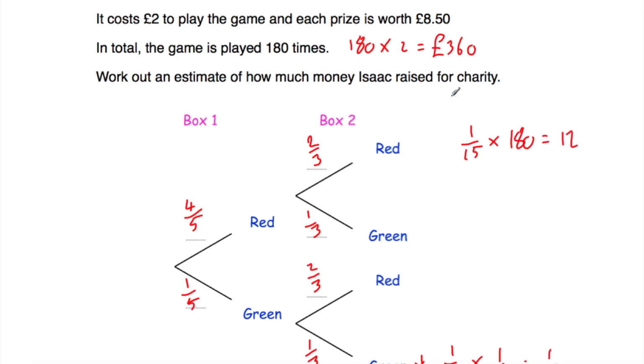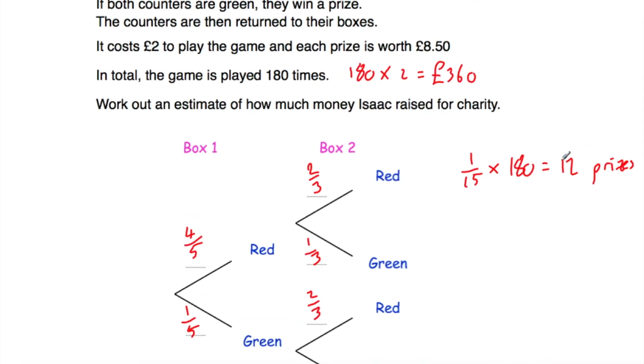Now, another way to do that is, obviously, if this was a non-calculator question, the game's played 180 times. The probability of somebody winning is 1/15, so 1 in every 15 people should win a prize. So if we just take the 180 and divide it by 15, that'll give us 12 as well. So that means that 12 prizes should be won. Now, obviously, it may be more than 12 prizes, it may be less than 12 prizes. It obviously depends on the luck of the people pulling out the counters from the box. But based on the fact that the probability of winning is 1/15, we would expect there to be 12 prizes